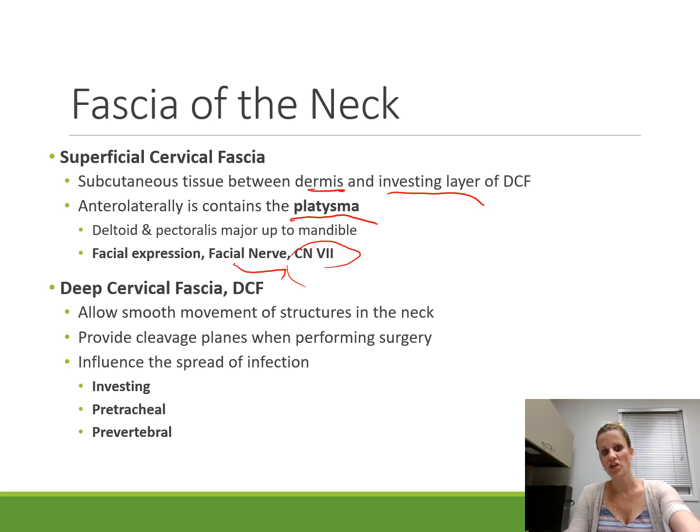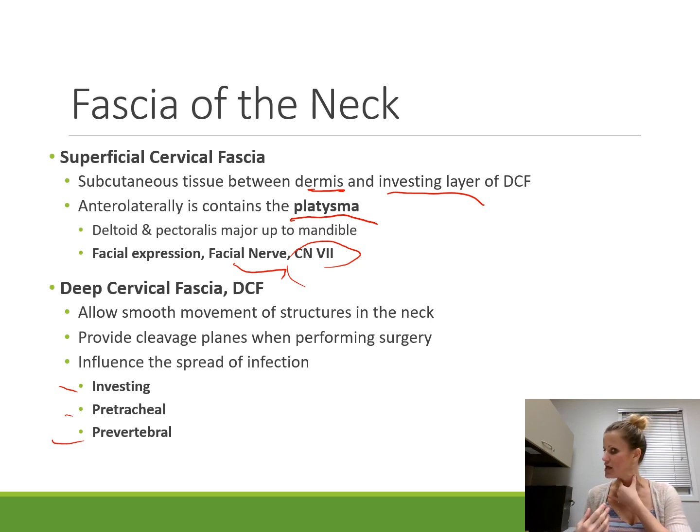So the superficial fascia is a thin superficial layer. Deep to that is the deep cervical fascia. The deep cervical fascia is a bit more complex, and it's broken up into 3 layers. From the most superficial layer to the deepest layer, they include the investing layer, the pretracheal layer, and then the prevertebral layer. The deep cervical fascia allows for smooth movement of all of the structures in the neck when we're